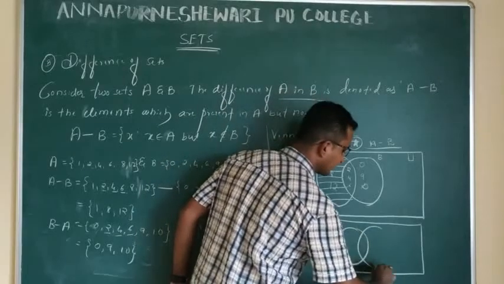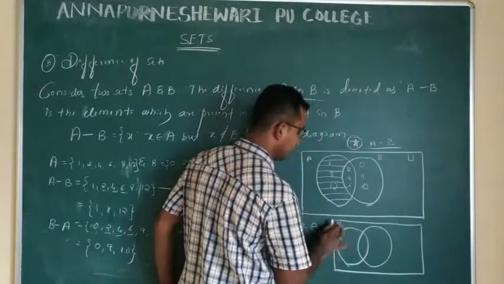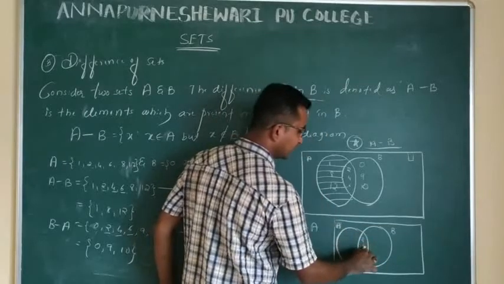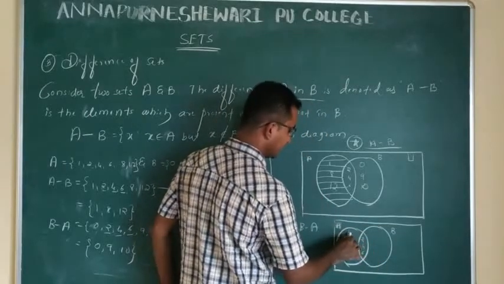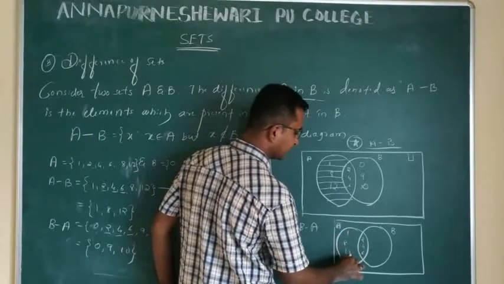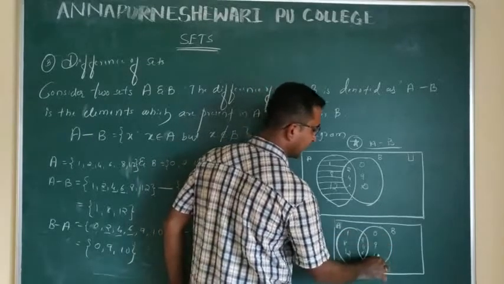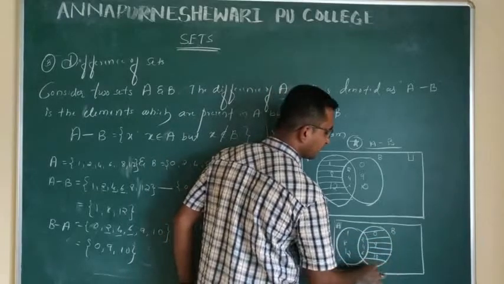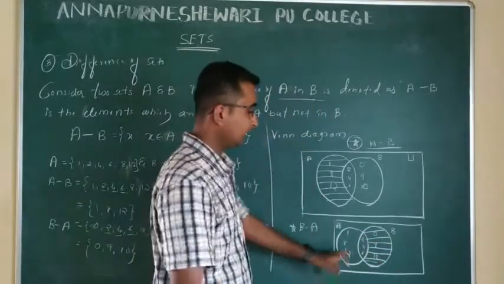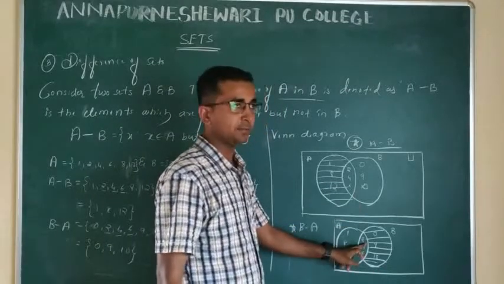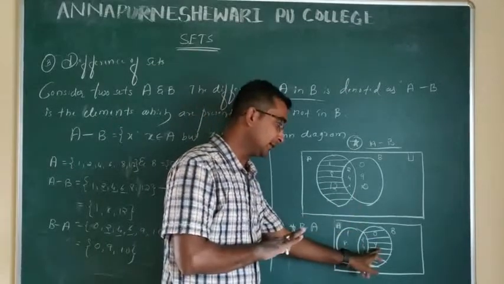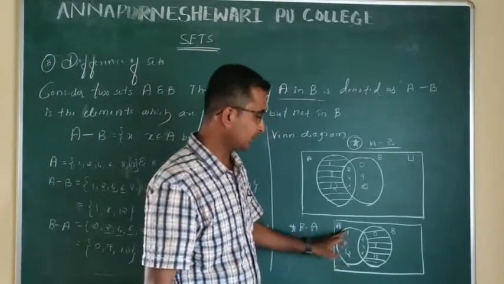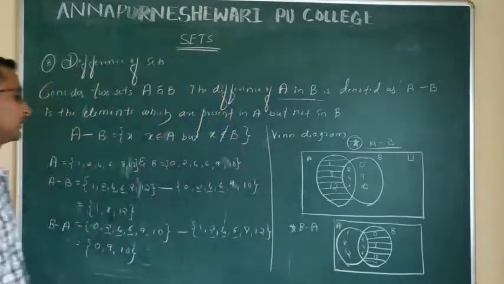The next one is set A here. That is A and B, the common elements are 2, 4, 6, the same. Then set A remaining is 1, 8, 12. Here 0, 9. Then B minus A is only the portion of set B, but not including the common elements, because these are the elements which are present in B but not in A. Getting it? So this is nothing but what?